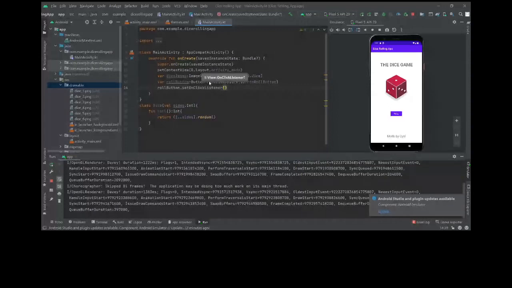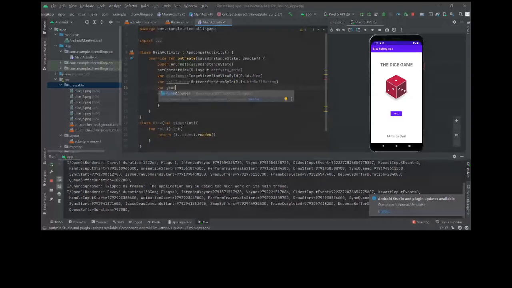So what this does is that whenever you click on the button, anything you write inside these curly braces will run when you click this button. So basically we need to write our logic inside this to generate a random number and then change the image. Okay, so before doing that, we also need a dice object. So let's say var game dice equal to, we'll call the class. Let's say the dice has 6 sides because we have an image for the 6-sided dice.